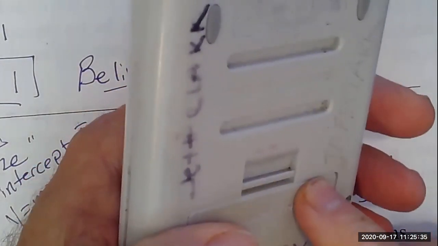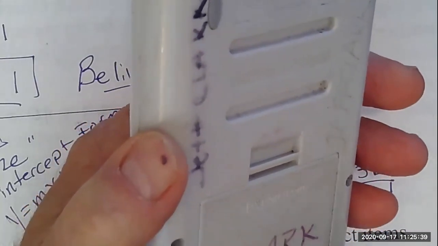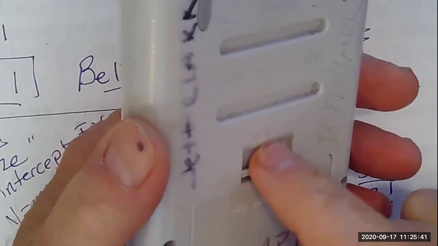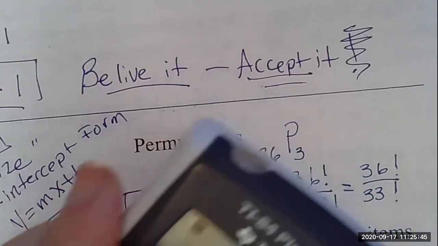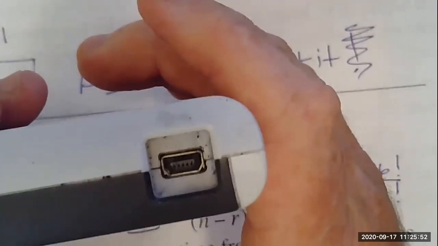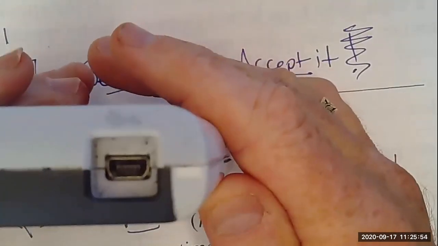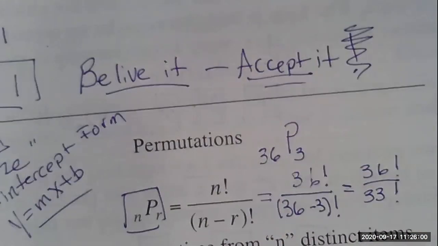Some calculators have a plug. Oh, this one's got a plug here too. I don't know if you can see it. Here. It has a plug where you can charge that sucker up. Some of them have batteries or backup batteries. Anyway,